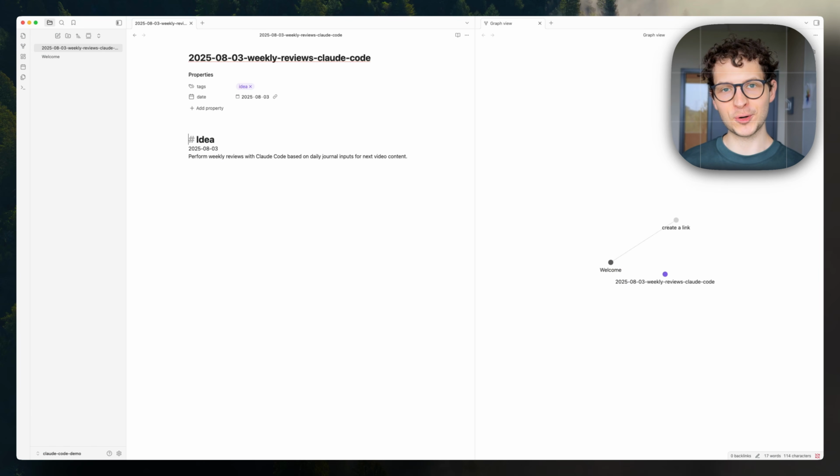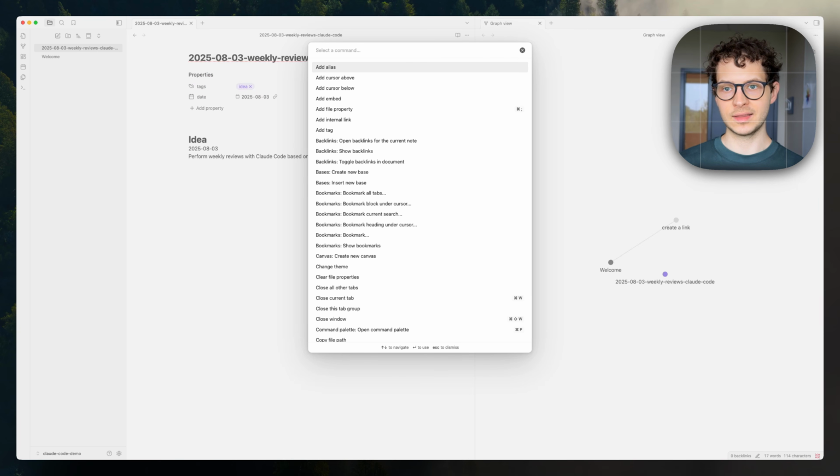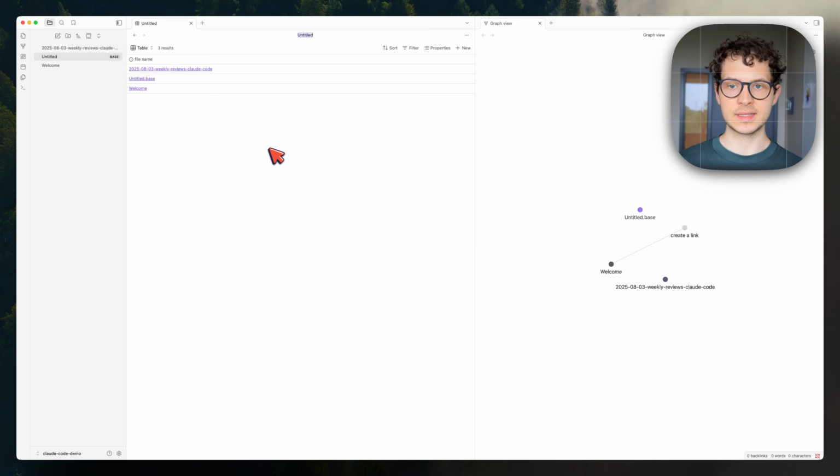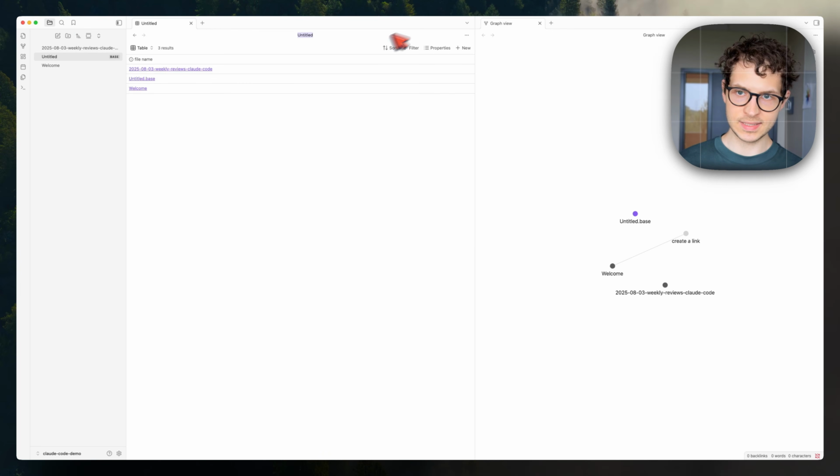And now I want to show the integration with Obsidian Bases and how it works all together, where you don't need to remember where you put your notes. You just have a tag for idea, and then you can display all of your ideas in an Obsidian Base. We can open the command palette and look for create a new base. We created a new base, and by default, what bases do is they just parse all of the files in